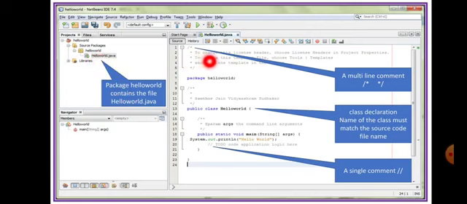Then this is the multi-line comment, this is the single line comment, and this class name and this source code name should match. Both have the same name. Look here, H is capital, again here H is capital. Always remember, Java is case sensitive. If capital H is the syntax, you have to follow that capital H, because capital H and small h are totally different in a case sensitive language.